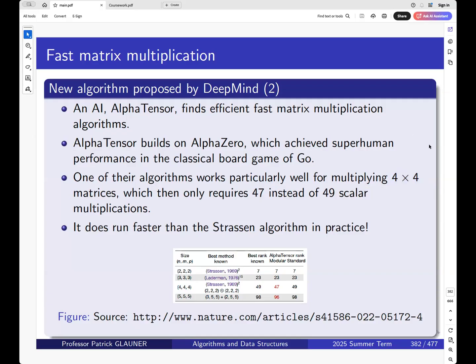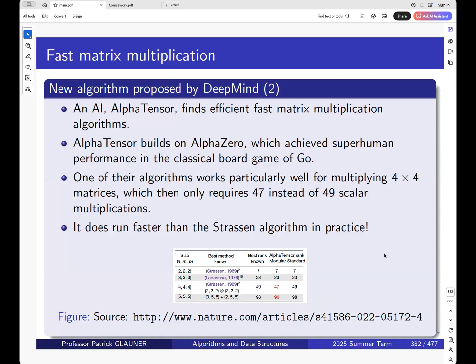It's just a different size of the blocks, not 2 times 2, but 4 times 4. And if you apply the Strassen algorithm not to 2 times 2 matrices, but to 4 times 4 block matrices, then you would have something like